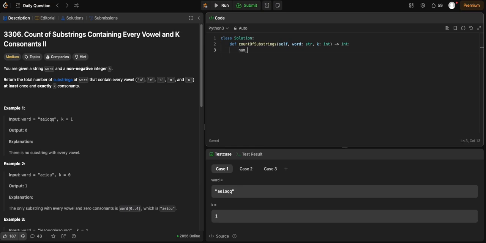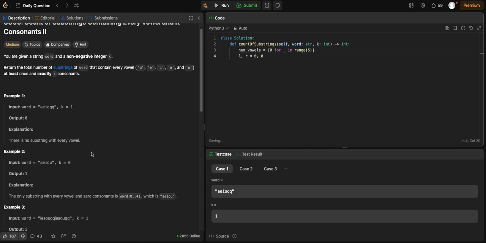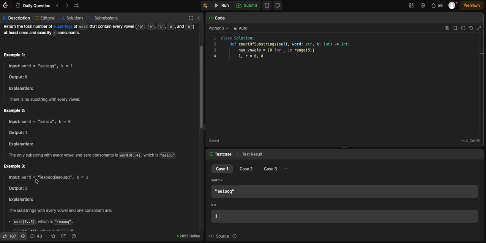So number of vowels is going to be 0 for something in range 5 because we have 5 vowels. Yeah, I don't even think we need a sum. We can just keep getting the sum of this array for that. And then of course we need a left pointer and a right pointer. So we just do 0 0, and our thing should be